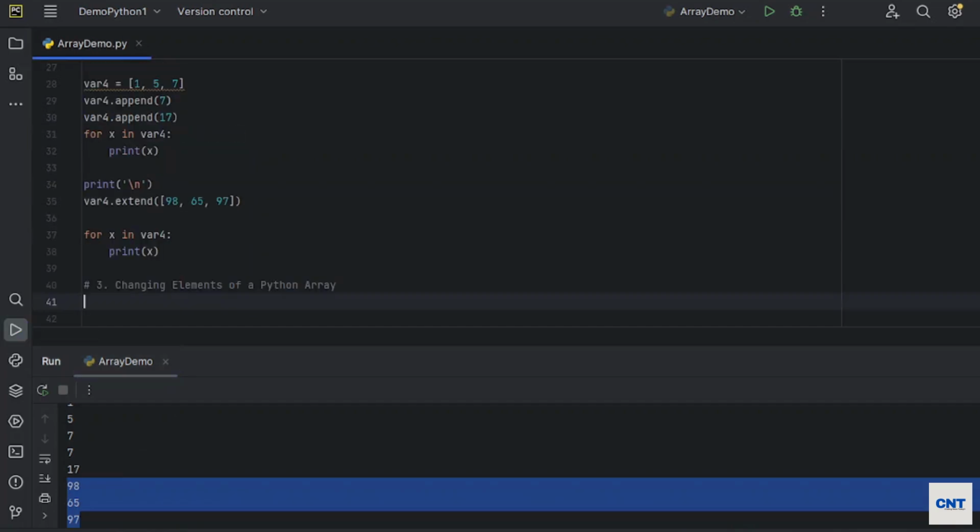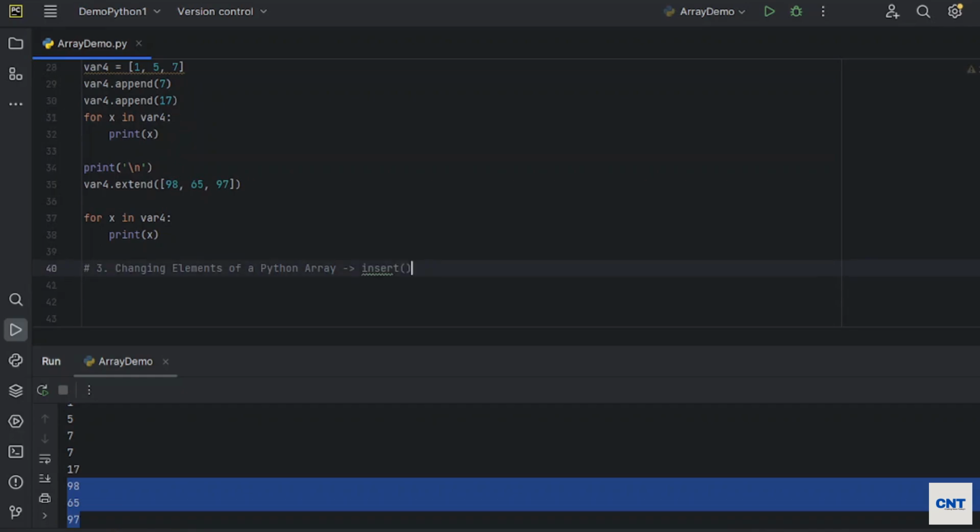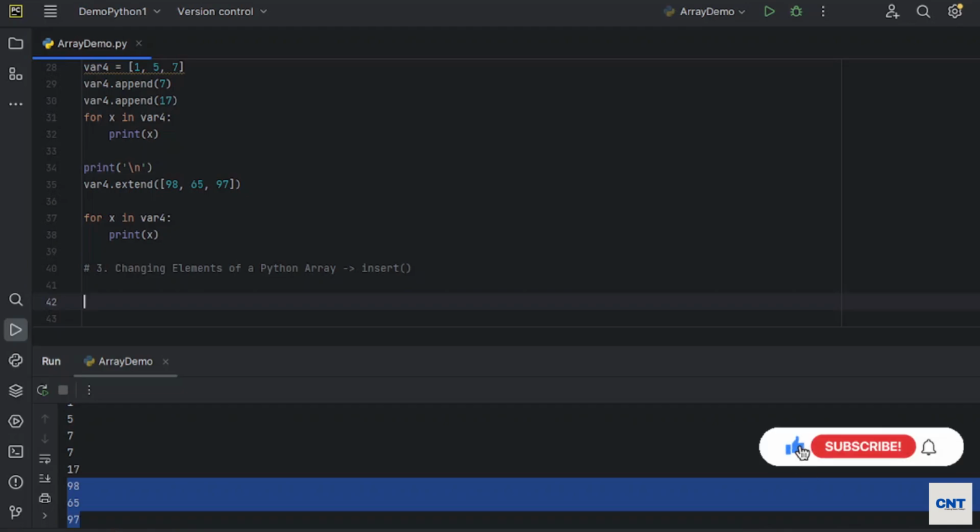Now let's see the third type of operation, changing elements in a Python array. If you want to insert an item at a specific index, you can use the insert method. This method takes two arguments, the index to insert at and the value to insert.